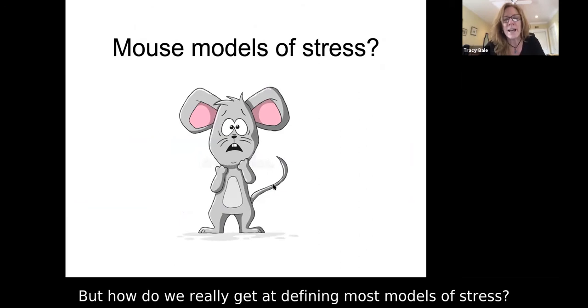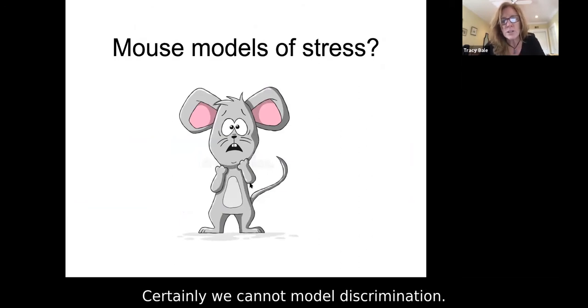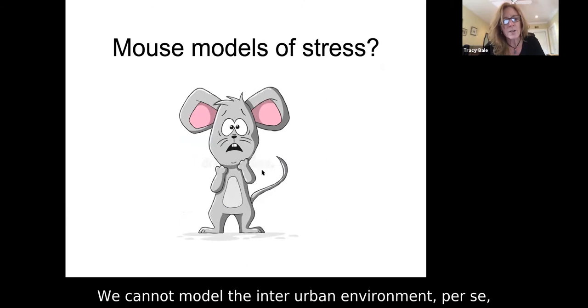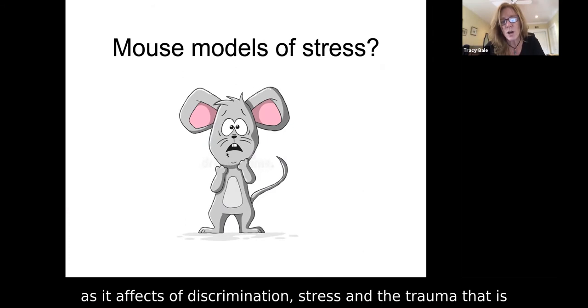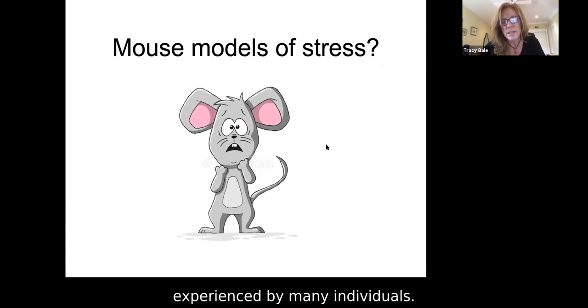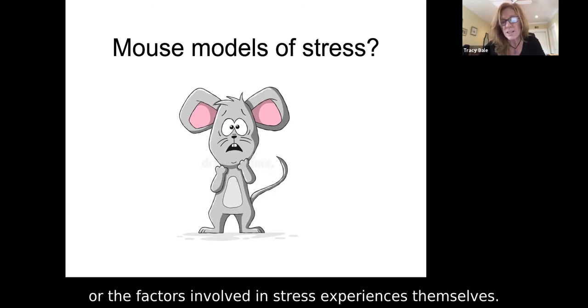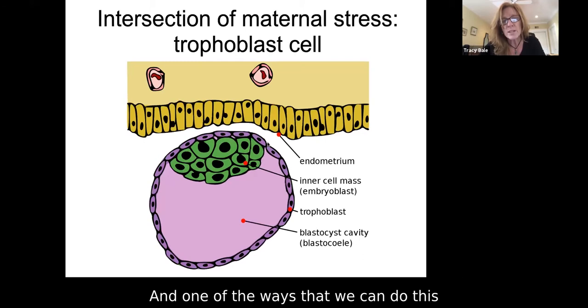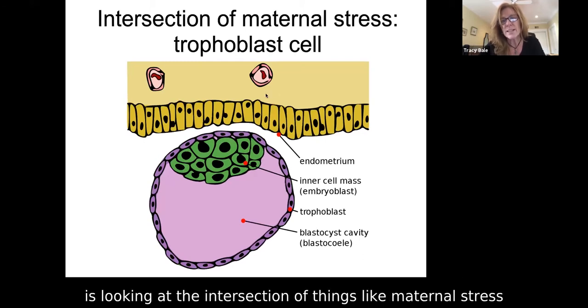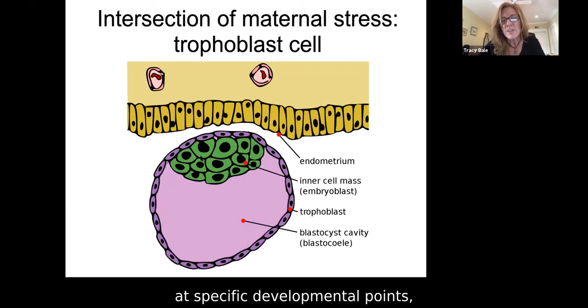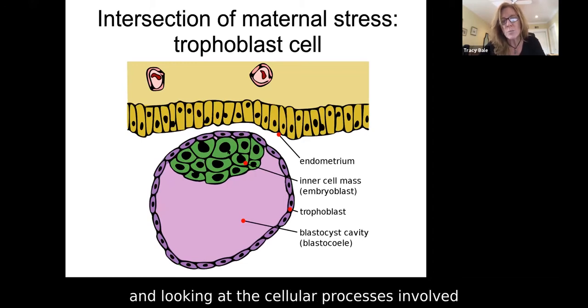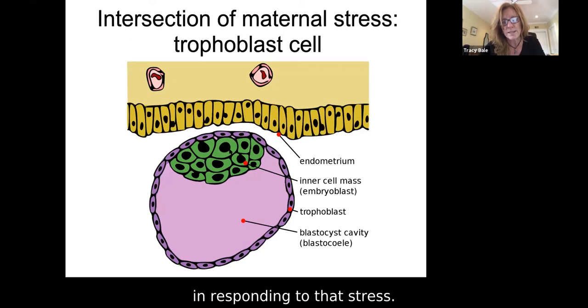But how do we really get at defining mouse models of stress? Certainly we cannot model discrimination. We cannot model the inner urban environment per se as it affects discrimination, stress, and the trauma that is experienced by many individuals. But we can assess the specific factors involved in stress experiences themselves. One of the ways that we can do this is looking at the intersection of things like maternal stress at specific developmental points and looking at the cellular processes involved in responding to that stress. And we know that these cellular processes that might be involved are uniform, meaning that they are translatable,